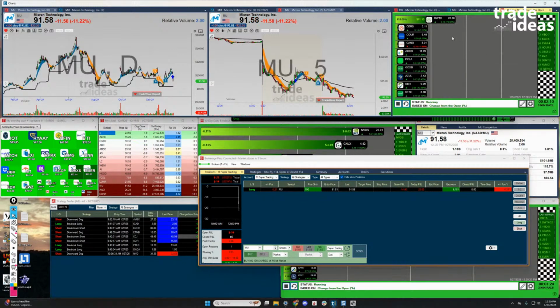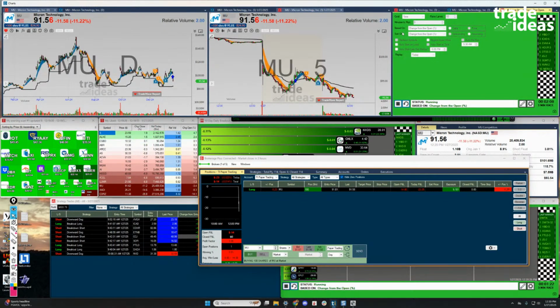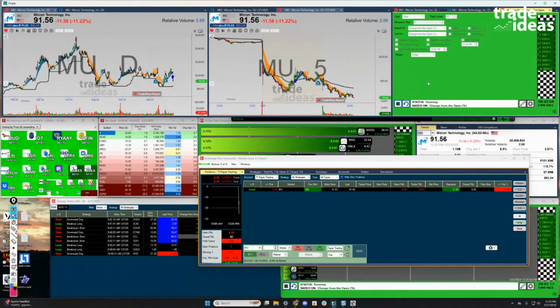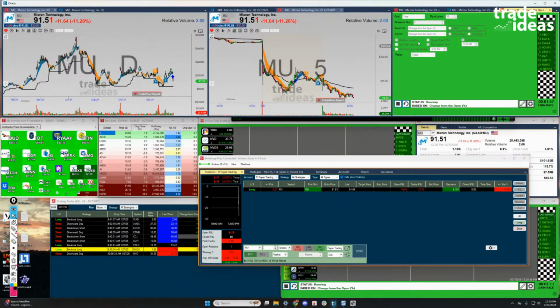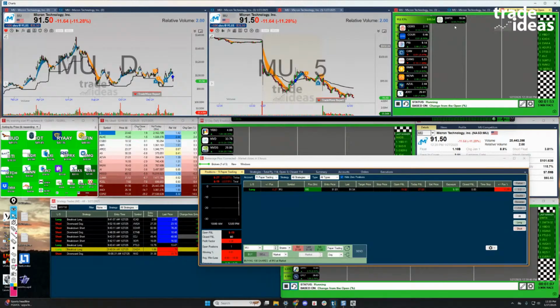So, let me finish going over the race setup here. I'm doing this based on a total change from open. So I want to see stuff that's the strongest based on a total cumulative change from the open. And I have it in descending order from the most up from the open, moving down on the race itself. And we can see that here. These stocks are the ones that are meeting the underlying top list and up the most from the open, and what's leading in the race right now based on a total cumulative up from the open. So that's how that works. And again, it makes a nice watch list here.